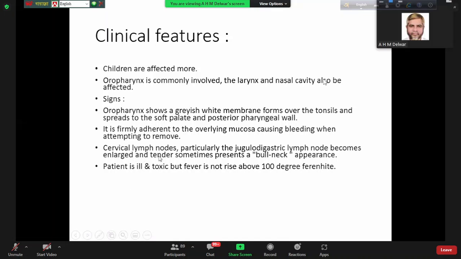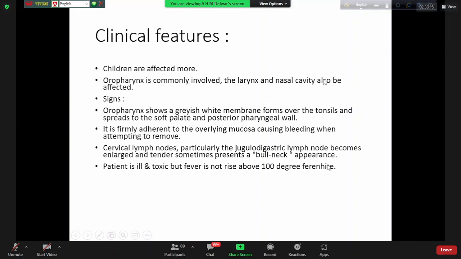Cervical lymph nodes, particularly the jugular lymph nodes, become enlarged and tender, and sometimes present a bull neck appearance. Bull neck appearance. Bull means ষাঁড়ের ঘাড়।